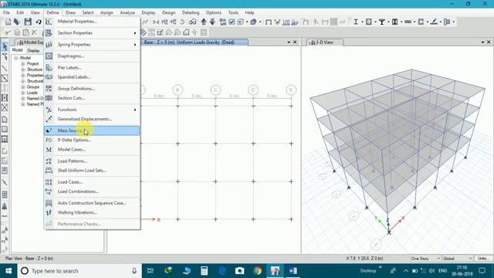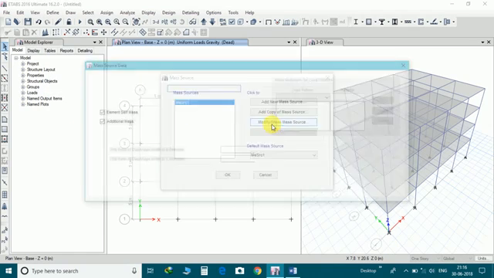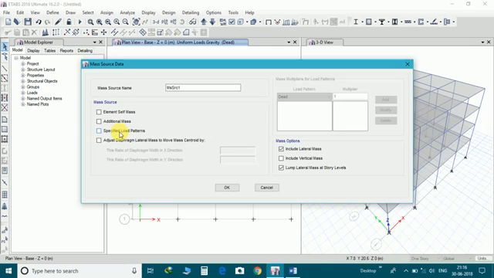Now next is to mention the mass source. Modify, load pattern. Take dead load and live load only.